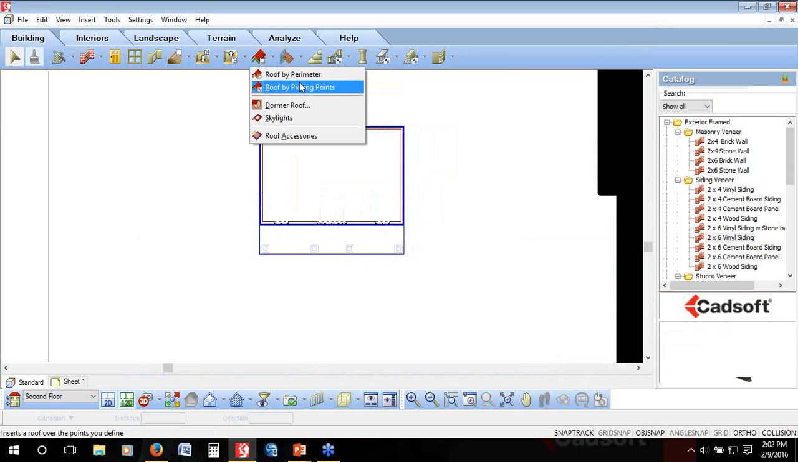Both of these tools, roof by perimeter and roof by picking points, are ultimately going to give you the same roof at the very end. It's going to function the same. It doesn't matter which of these tools you use, but what makes the difference is how you put it in. Roof by perimeter is very automatic. It automatically looks at the exterior walls and puts a roof on. Roof by picking points allows you to step away from the shape of the house and put in any kind of shape you want. The shape of our house does match the shape of the roof,